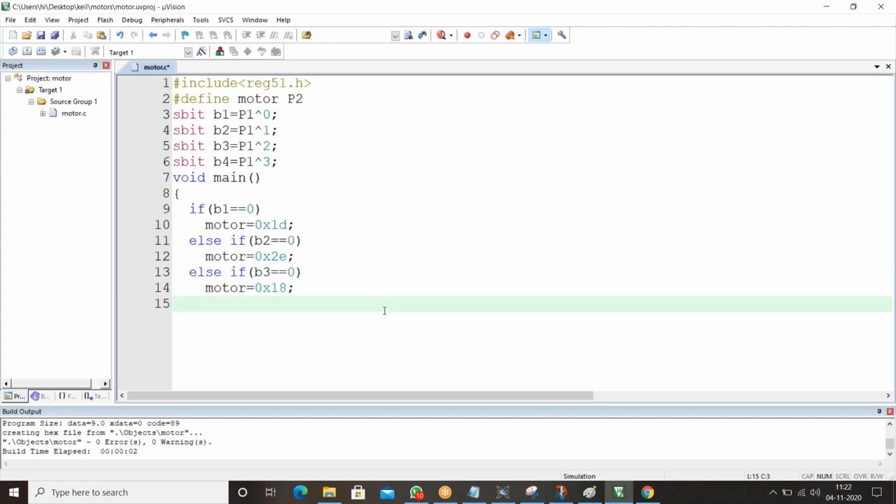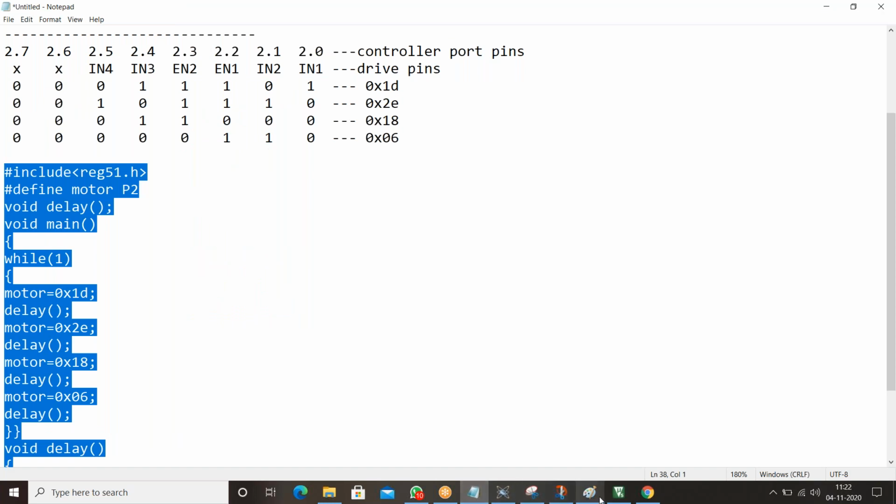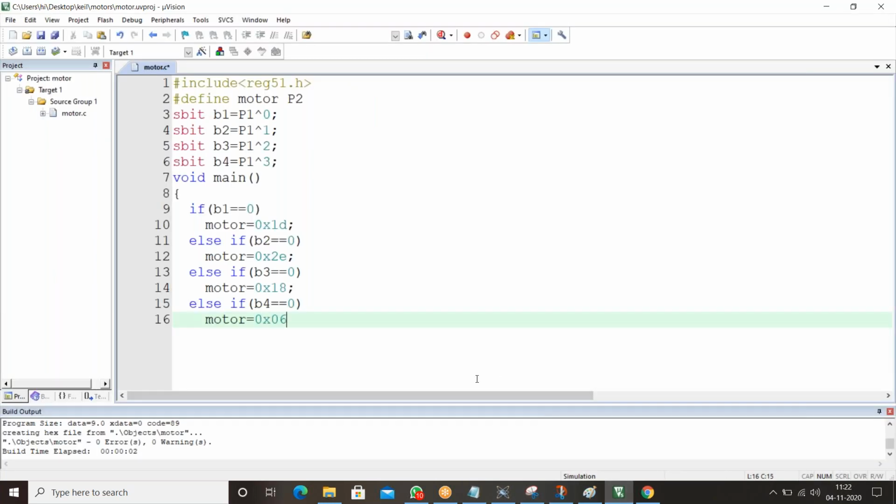This is my third case. Else if button 4 is equal to 0, then motor should be 0x06, I think. 0x06. Else is the most important case. Else motor should be off. Motor is equal to 0x00. Okay, this is my task.